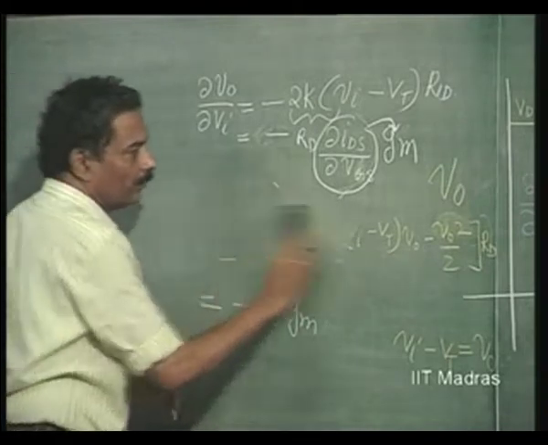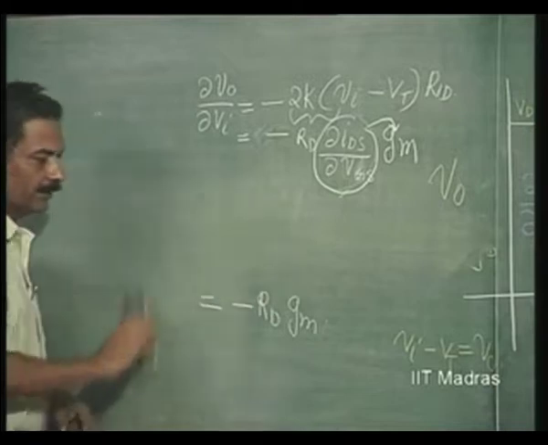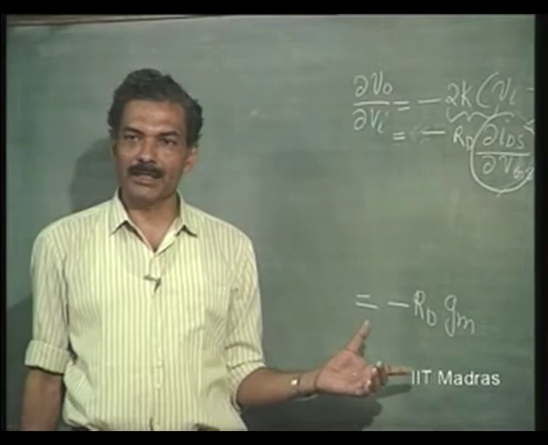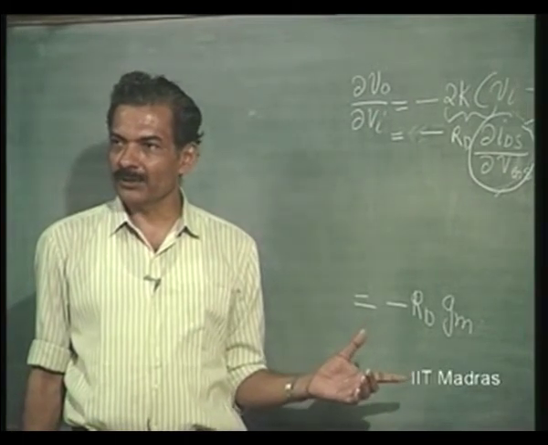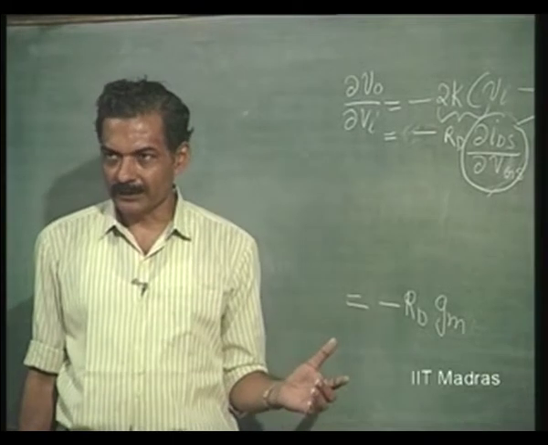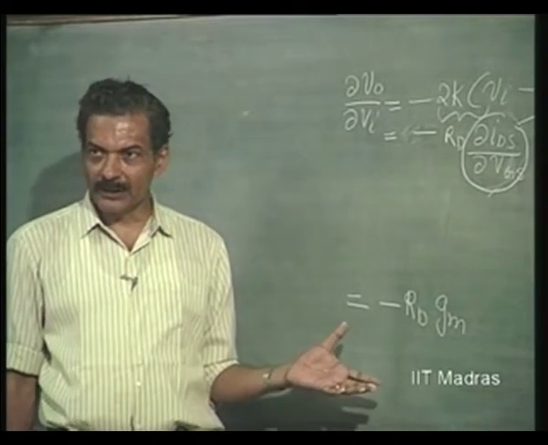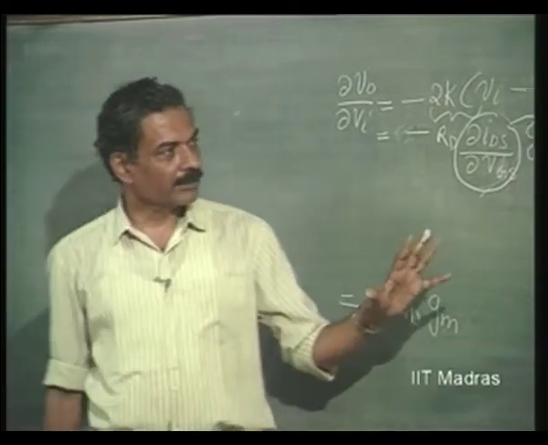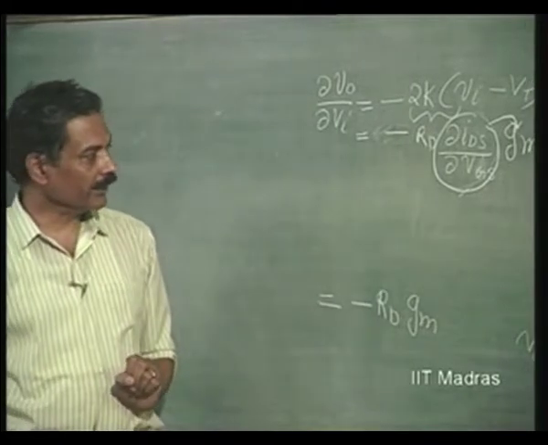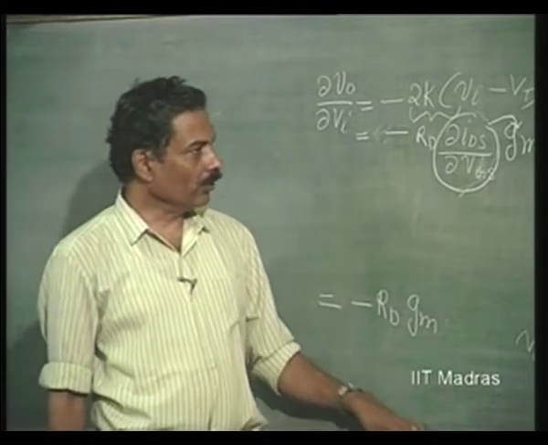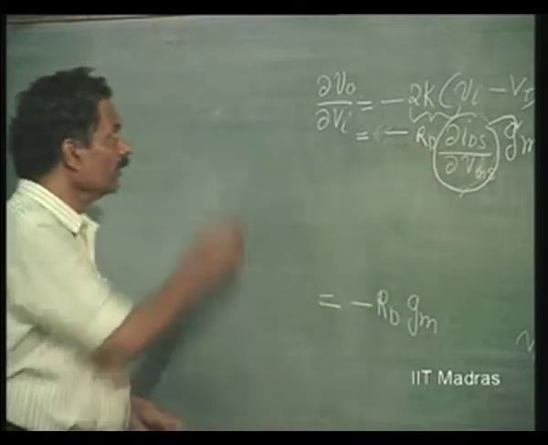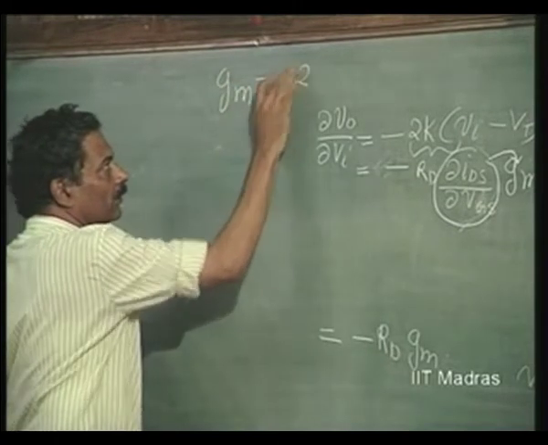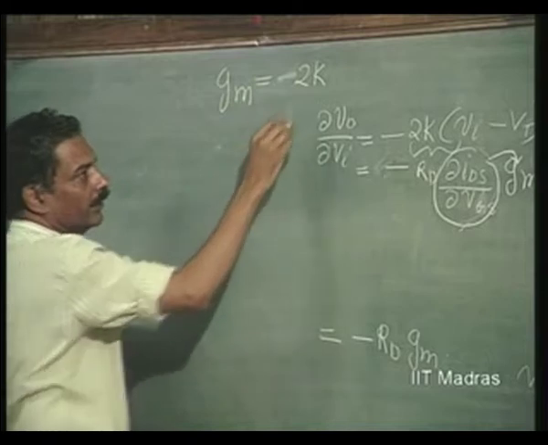So, please remember that the same expression has been obtained in the case of bipolar junction transistor. There also the gain was minus Gm into Rc. In the case of FET also the gain is minus Gm into Rd, and therefore, these are all exactly identical in their definitions. Okay. So, you should therefore know how one should obtain Gm. So, the value of Gm